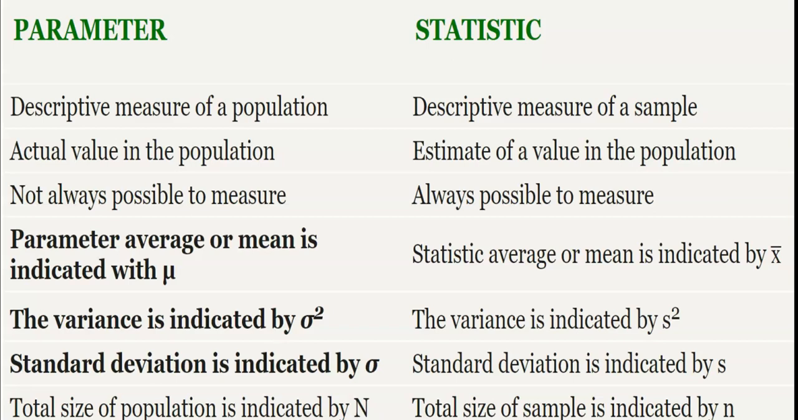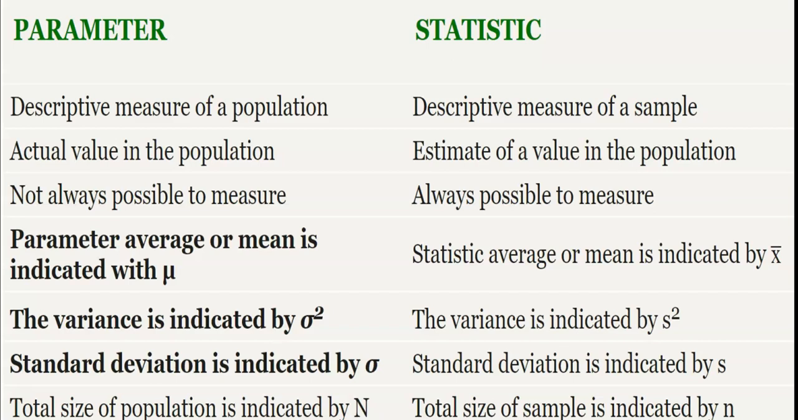To understand further, let's compare parameter and statistic in this table. First, let's have parameter. Parameter is a descriptive measure of a population, while statistic is a descriptive measure of a sample. Now, parameter is an actual value in the population, while statistic is the estimate of a value in a population. Parameter is not always possible to measure, especially when you're dealing with large populations, but statistic is always possible